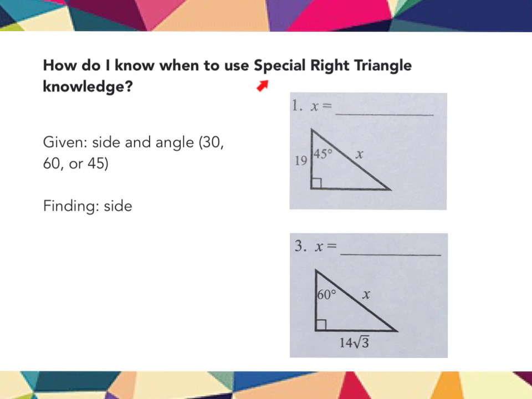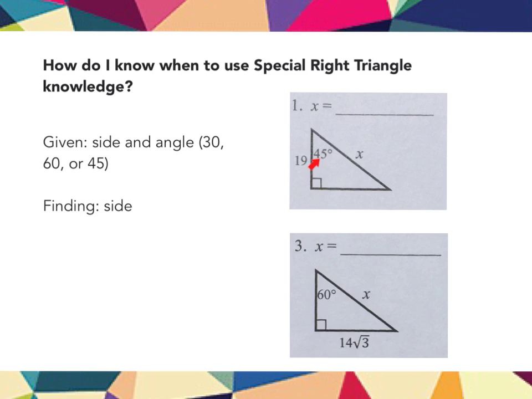There are also some special right triangle problems on the mile marker. So if you're wanting to solve some problems using special right triangles, I would just look at the angles and look for either a 30-degree, a 60-degree, or a 45-degree angle. You'll always be asked to find a missing side with these, and you'll always be given one of the other sides. So in problem number 1, I can tell that this is a 45, 45, 90 triangle because I'm given